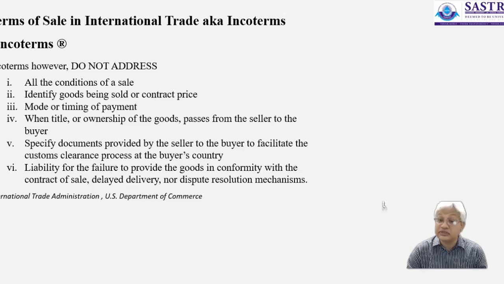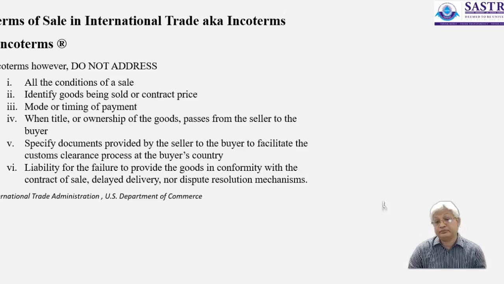Many people, many businesses believe that these are terms of sale, the very name suggests terms of sale. So that's where the confusion is added. It includes many other related agreements between the buyer and the supplier in an export trade or import. Well, Incoterms does not address all the conditions of the sale. There are several other conditions,